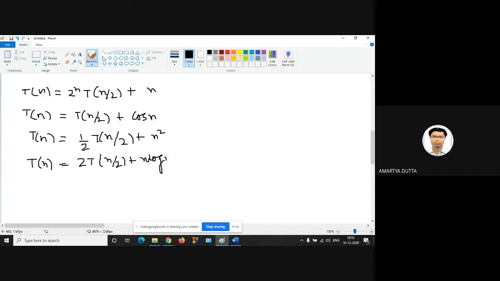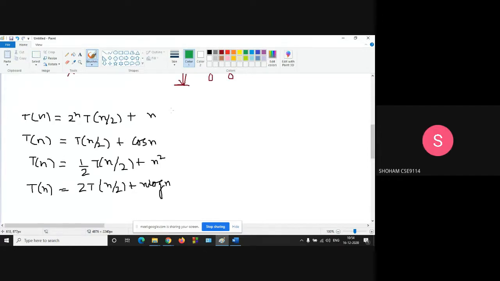So can you find out the complexities of these problems? First is n to the power n. Anyone? 2 to the power n should be constant, meaning the a part should be constant. So how 2 to the power n? Yes, very good. So master theorem cannot be applied in this case because